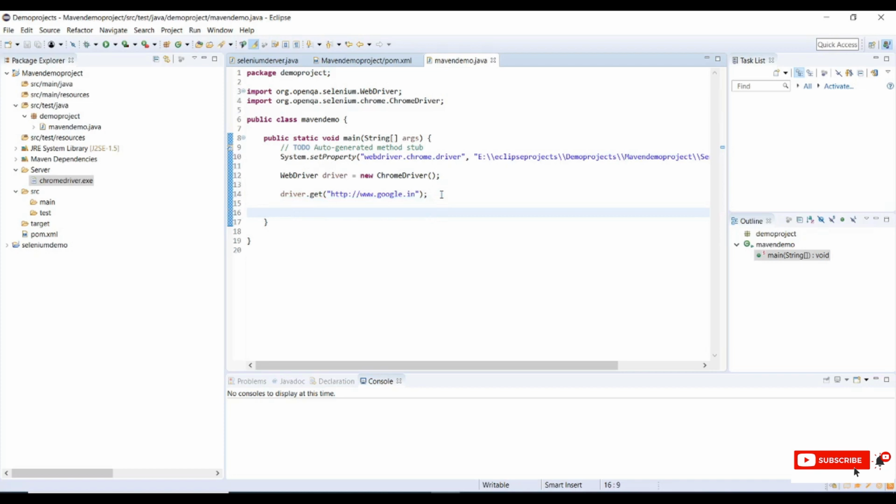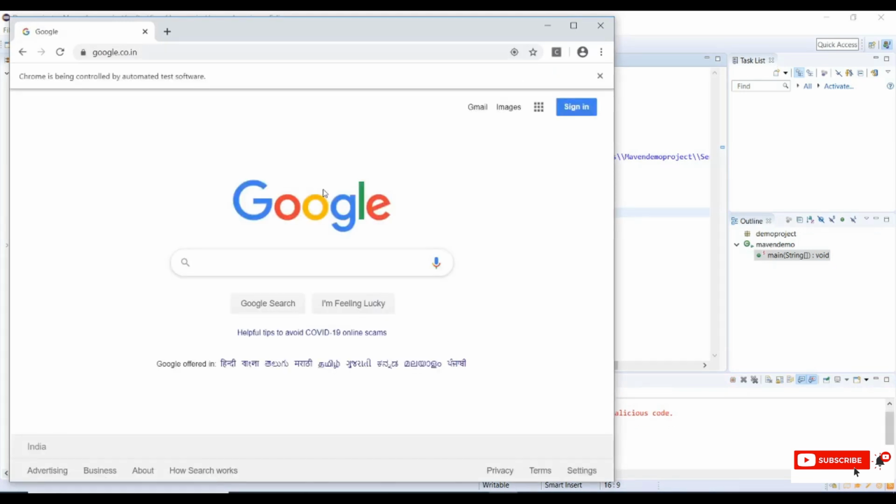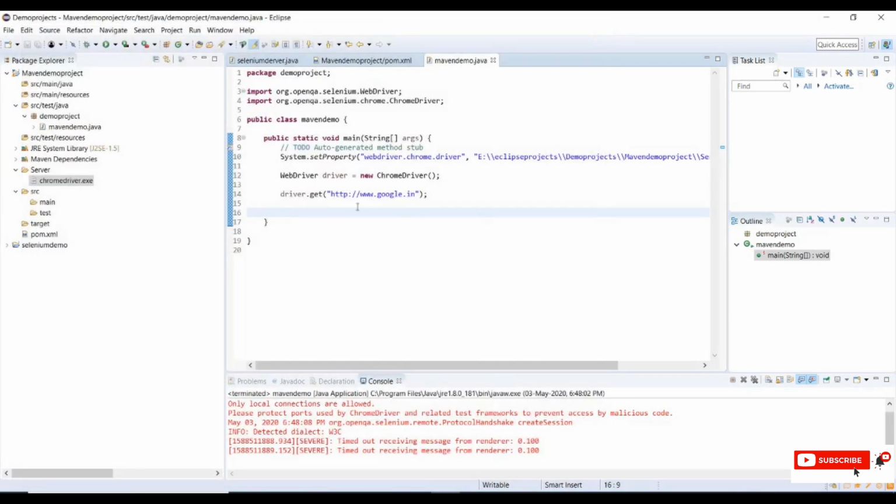Click on save. Let me run the sample code. It has opened a Chrome browser and it has launched the Google link. So now we have accomplished our Maven Selenium project in Eclipse IDE.